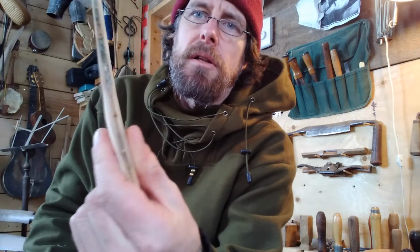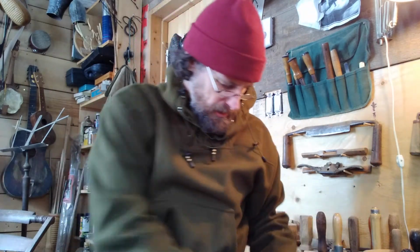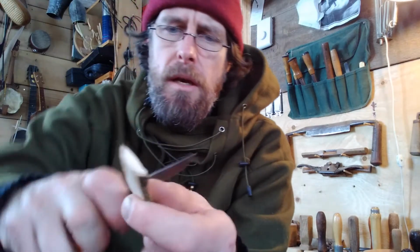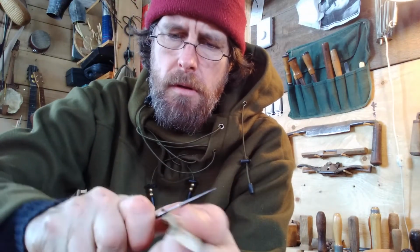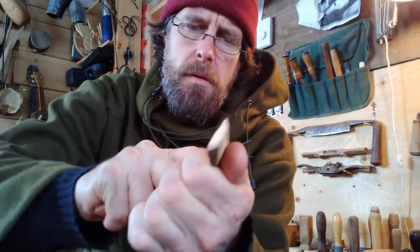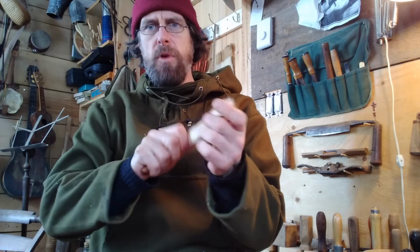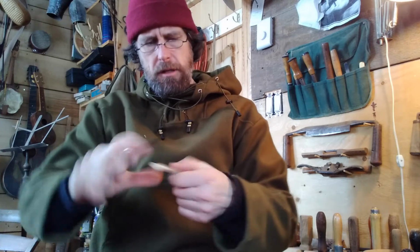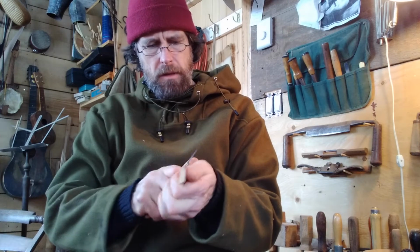I'm going to leave the bark on this one. This one I haven't done anything, so I'll just quickly do that. Just breaking the edge. I'm going to leave the bark. And then when you oil them,